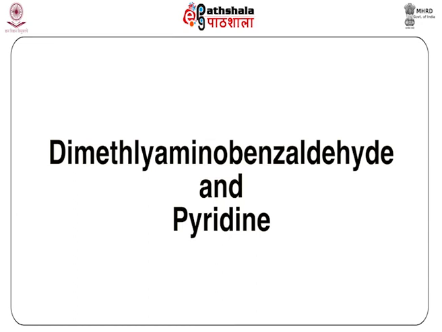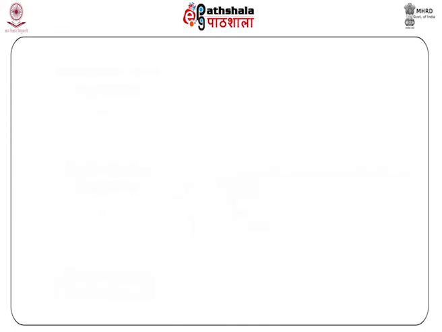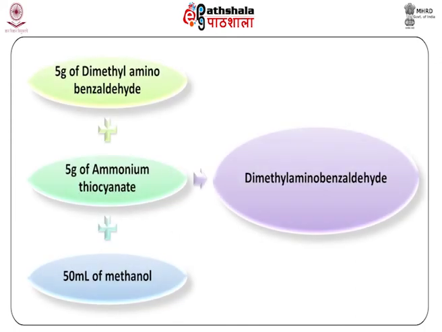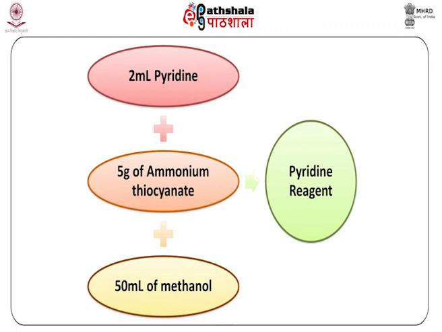Spraying reagents, dimethylaminobenzaldehyde and pyridine. A, dimethylaminobenzaldehyde is prepared by dissolving 5 grams of dimethylaminobenzaldehyde and 5 grams of ammonium thiocyanate in 50 milliliters of methanol. B, pyridine reagent is prepared by adding 2 milliliters pyridine and 5 grams of ammonium thiocyanate in 50 milliliters of